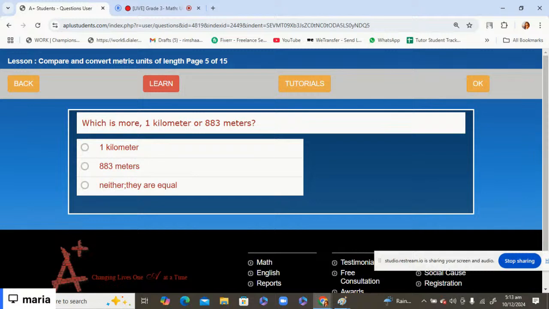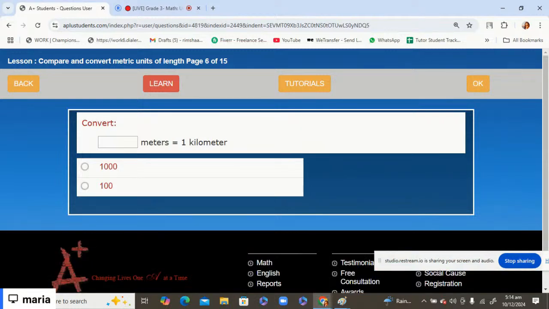Which is more, 1 kilometer or 883 meters? Don't check the numbers, like here it's written 1 only and here it's written 883. When you see the numbers, 883 is bigger than 1, but when you see the units, this is kilometer and this is meter, and as we know kilometer is bigger than meter, so we can say that 1 kilometer is bigger as compared to 883 meters. Okay,